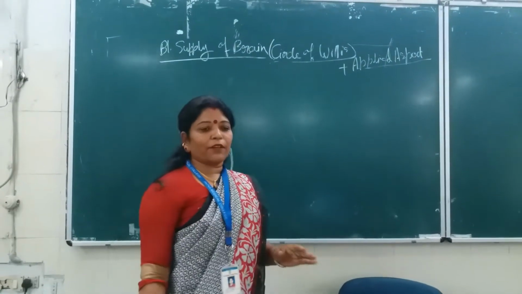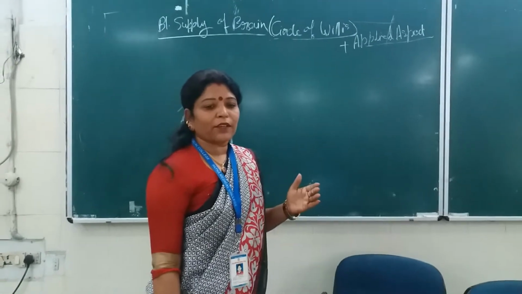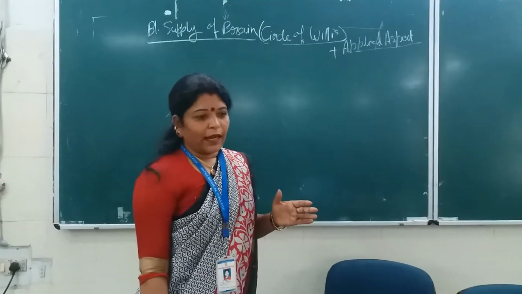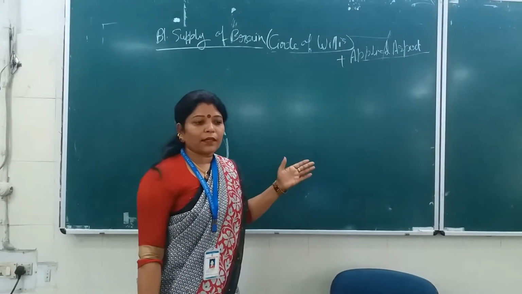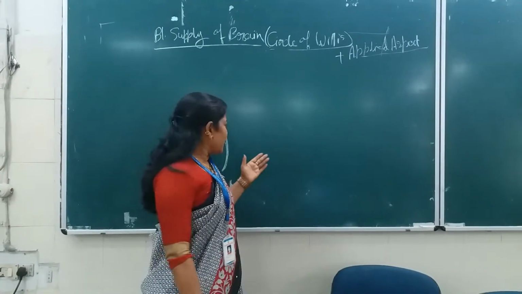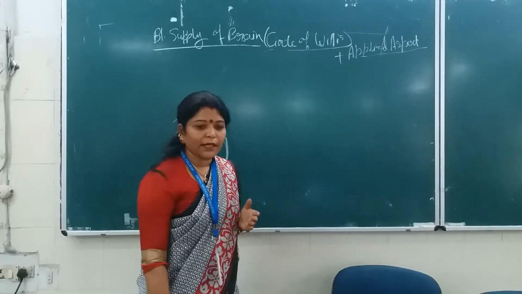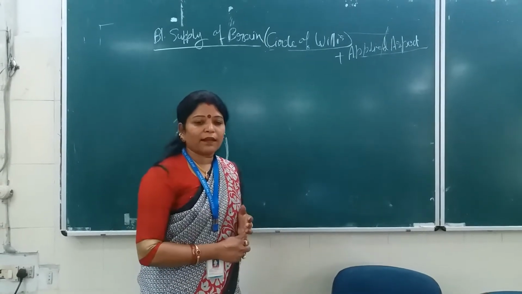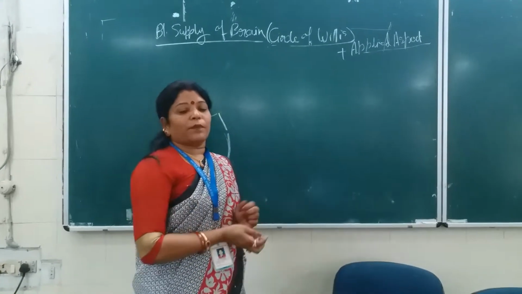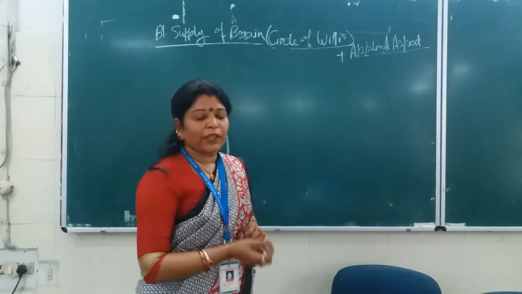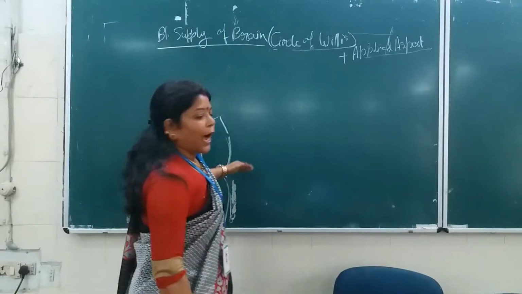The blood supply of the CNS. The main focus was on the blood supply of the spinal cord. And what were the sources of the blood supply of the spinal cord? The major supply was via the branches arising from the vertebral artery, isn't it? That is the anterior spinal artery, the posterior spinal artery, and the reinforcement arteries given by the segmental branches, isn't it? So we will move upwards.